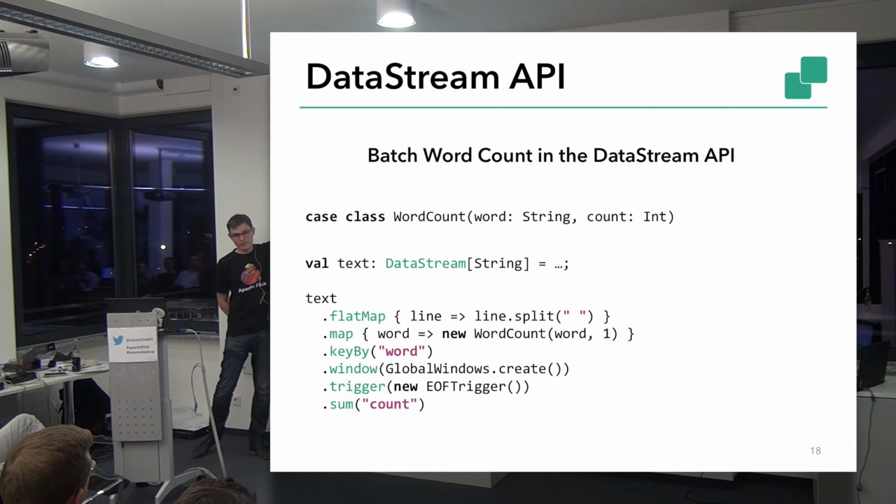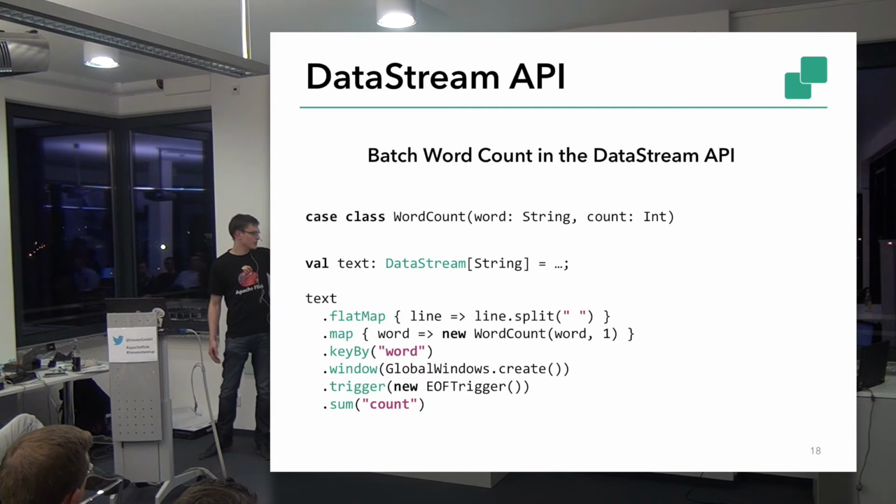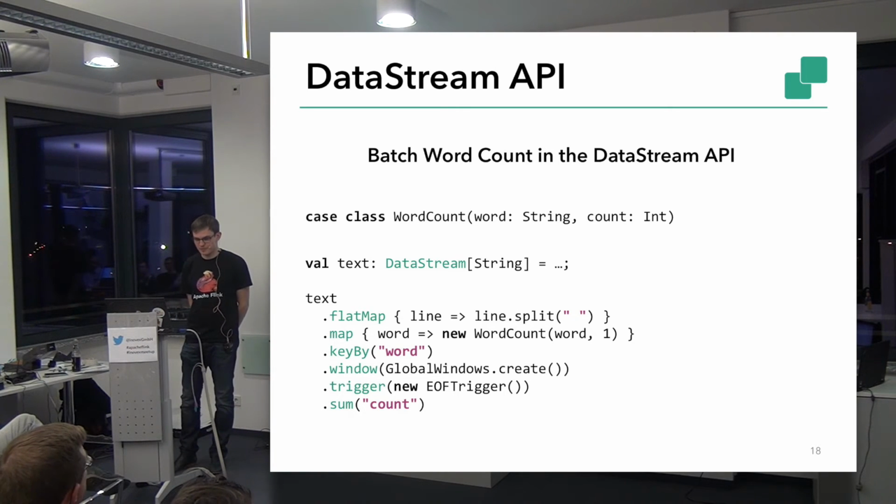And the data stream is just the entire file that you want to count the words on. And then inside this window, we count the frequency of the terms. So this is how you can run a traditional batch workload on a streaming system, by just creating one big window, putting everything into the window, and then do your computation inside the window.